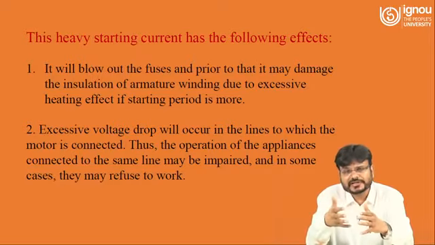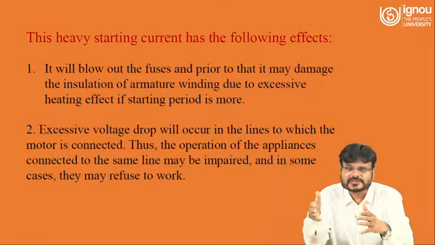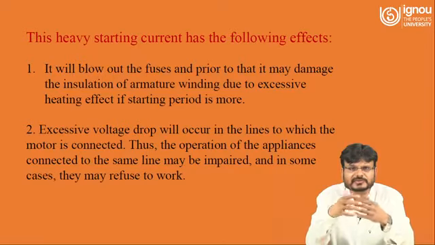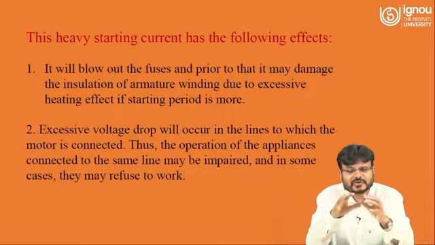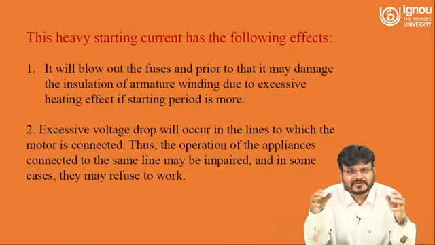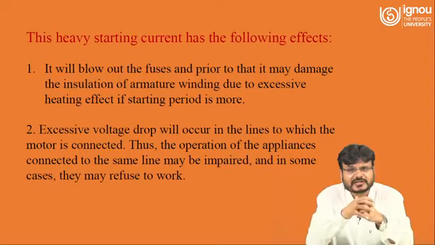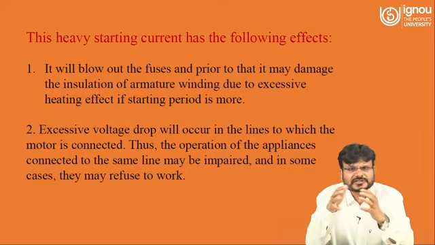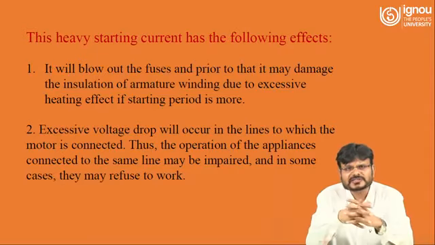The current is already very high, and now the time is again more. That means I²R is multiplied by the time, so a huge amount of heat will be developed. Then whatever fuse you are using to protect the DC motor will be blown out. At the same time, because the current is flowing in the wire, or winding, of the armature, huge heat will be developed and it will burn out the armature winding as well as the fuse that is being used in the DC motor. The other effect of this heavy current is what?